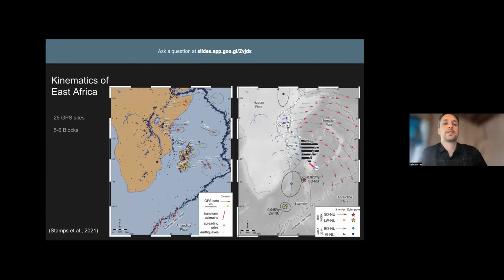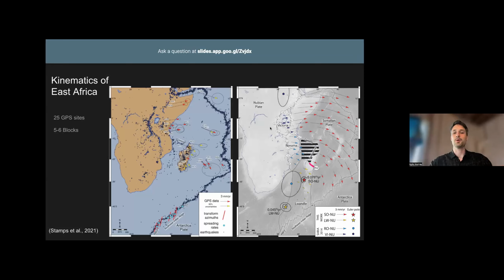And this kind of work is key to understanding how rifts evolve and where we should focus from a hazards perspective. But I think we're still in the early stages of understanding rift deformation. The GNSS network is still really sparse, and the deformation rates are slow compared to other tectonic settings. And since it's such a challenge to densify the GNSS network across the continent, I'm hopeful that we can start scaling up with other tools like InSAR and even LiDAR to measure deformation across wide spatial